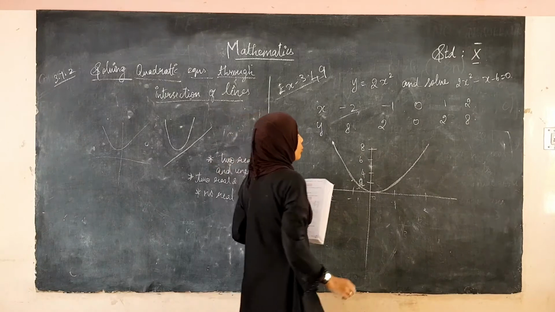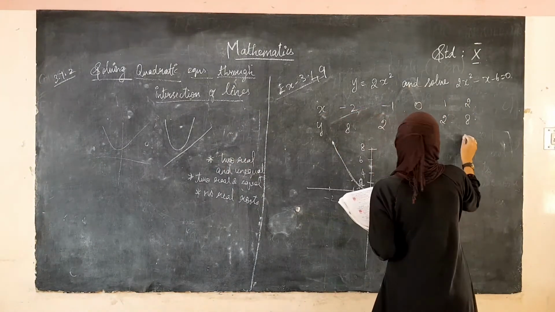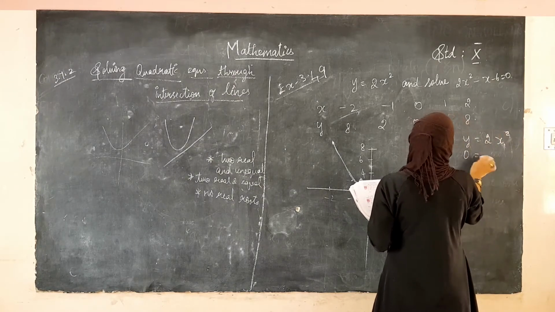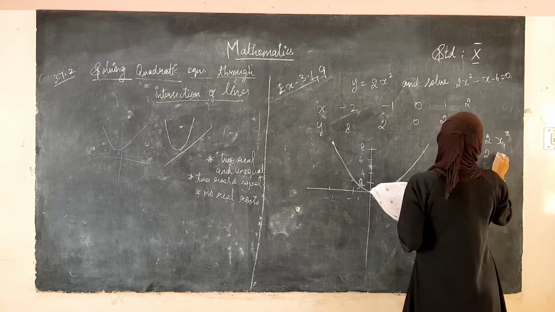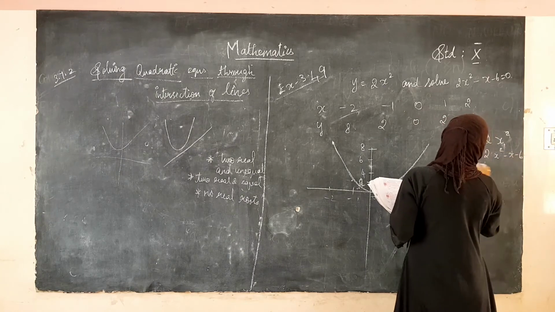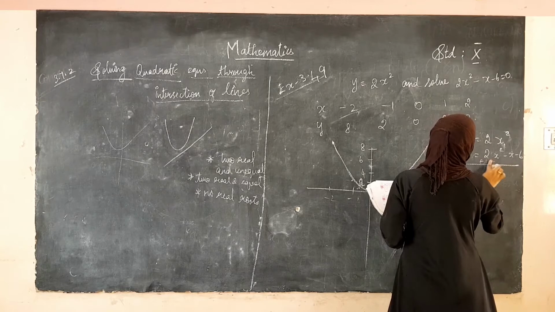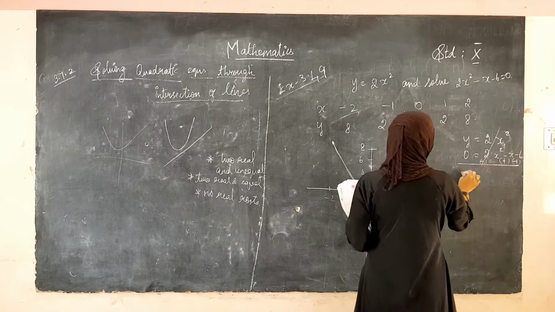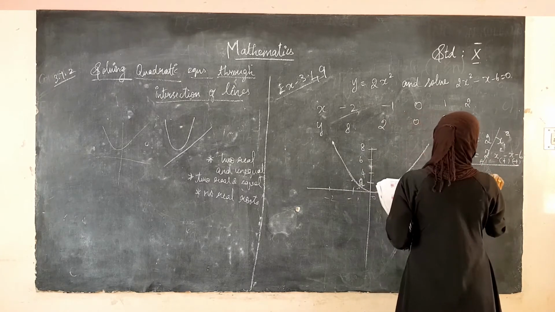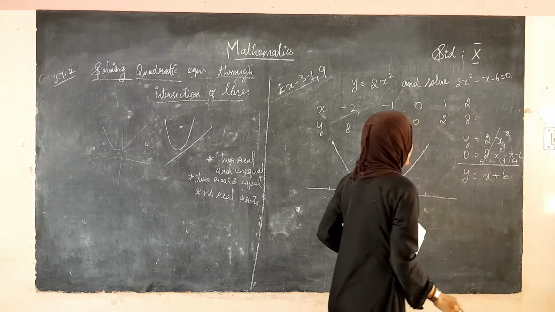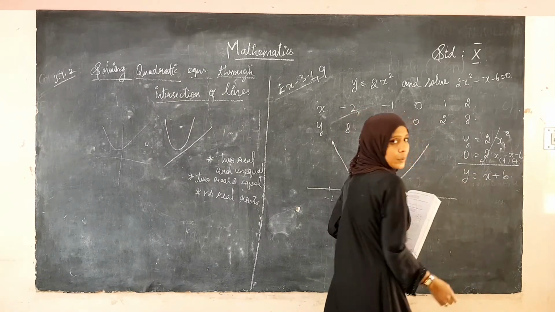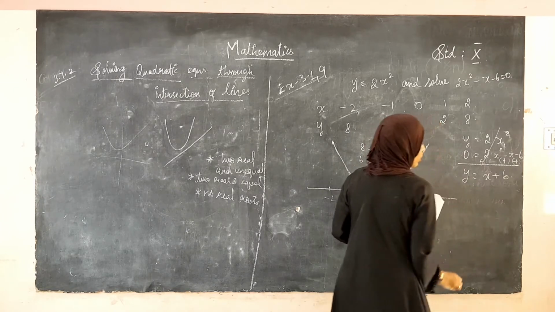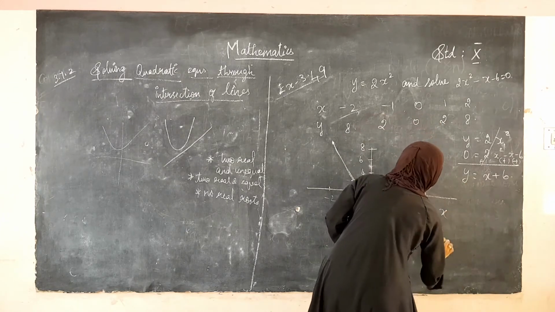Next what we have to do is solve both equations. They have given y is equal to 2x square, and the other equation is 0 is equal to 2x square minus x minus 6. Shall we solve this? Subtracting, the 2x square gets cancelled. This will be y is equal to x plus 6. See, this is the equation of the line. Now you have to find the values of x and y.